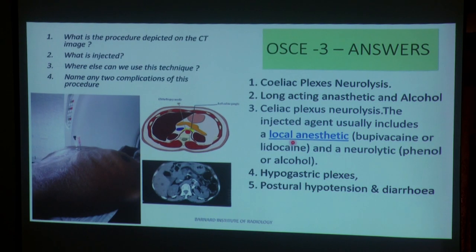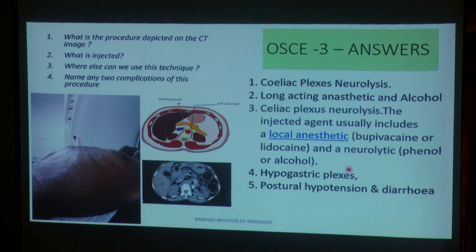So this is a local anesthetic, usually a long-acting local anesthetic like bupivacaine, because it gives immediate relief of the pain, and a neurolytic which will cause destruction of the Schwann cells of the nerve fibers, so that there is more permanent relief of pain. So this is usually done in chronic pancreatitis, severe pain which is resistant to normal anti-inflammatory analgesics, and also in pancreatic cancer when the celiac plexus is invaded and there is pain which cannot be